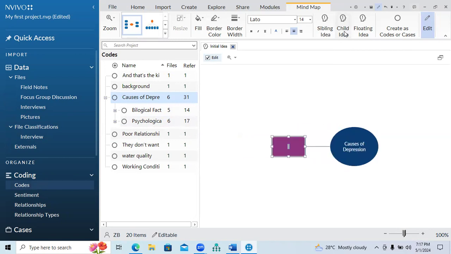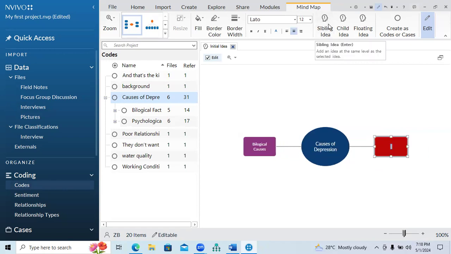For example, if I click on it, it will show me some child idea. For example, biological causes. Then a sibling idea: I click on it and create some sibling. For example, this is the psychological causes. Now, it is basically the idea in my mind that there might be two causes of depression: biological